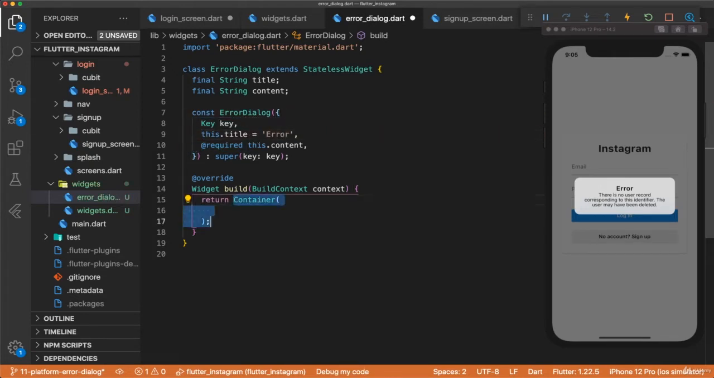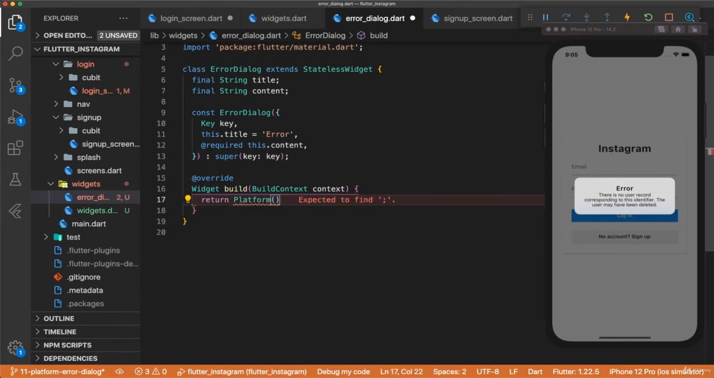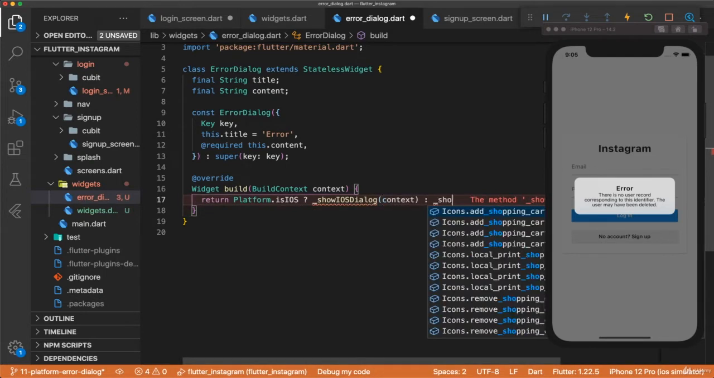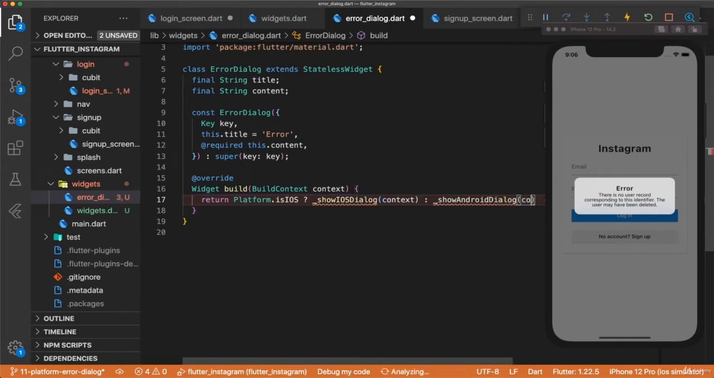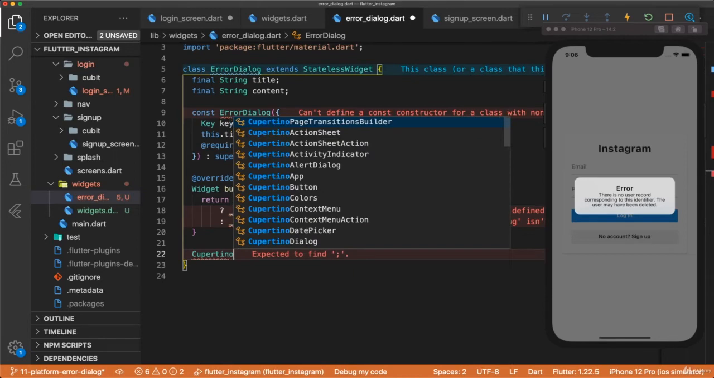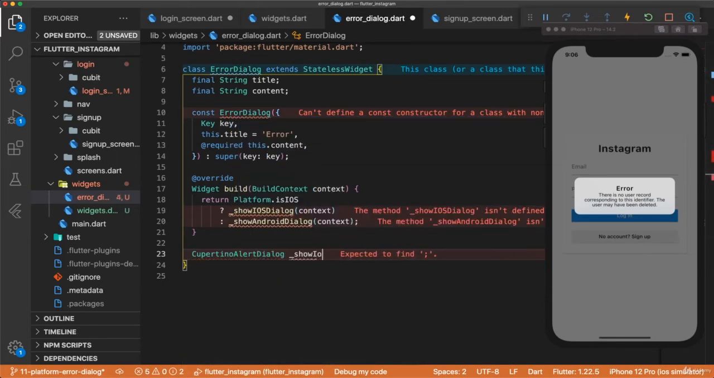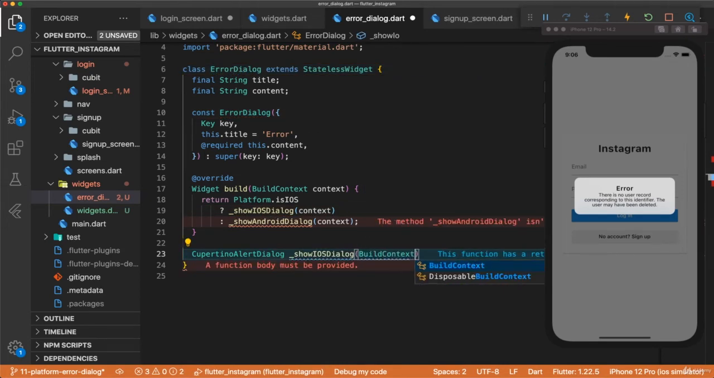And down here in the build method, we'll do the platform check. So Platform, and import dart:io, .isIOS. Then we want to call a function called showIOSDialog and pass in the context. Otherwise, we want to call showAndroidDialog and pass in the context. Here we're going to have a Cupertino alert dialog, showIOSDialog, takes in the build context,